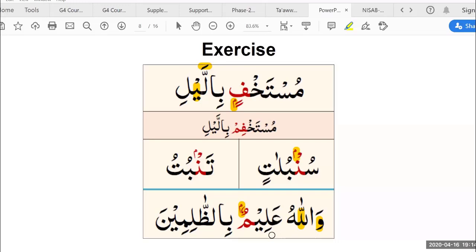Wallahu alimum bizzalimin. Okay, so the vertical fatha and the yamata, they were nicely prolonged for 2 seconds. But again, in the second word, we have the letter ain, and it has a prominent sound, right? Yeah. It comes from the middle of the throat. Alimum. Alimum. Okay, so if you can say the entire